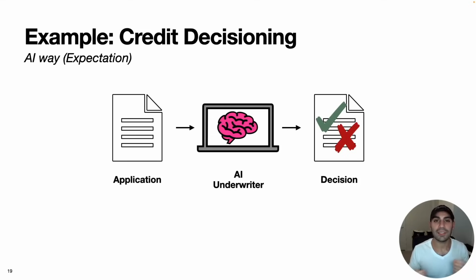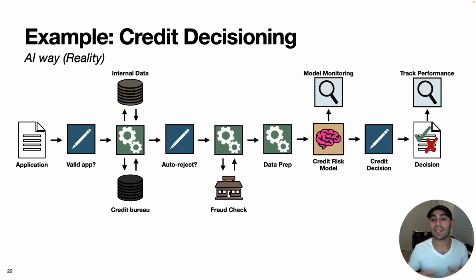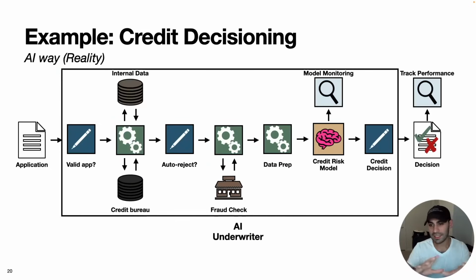While it might be easy to imagine replacing a human job with an AI, the reality is a bit more complicated. So what this looks like in practice is something like this, with all these steps within the black box being our AI underwriter. And really what it is, is not just a machine learning model, but rather a large number of business rules, data and IT processes, all working together to take the application and finally make a credit granting